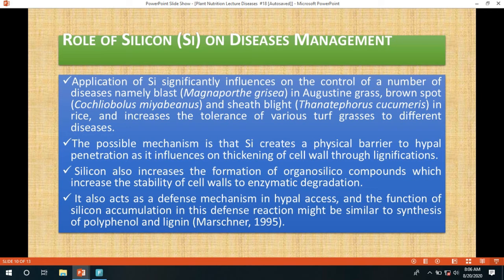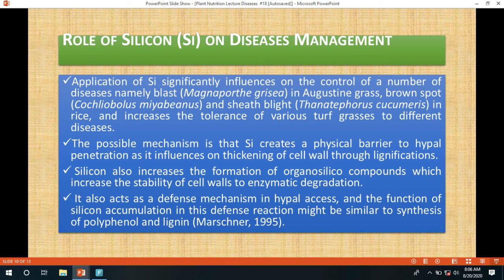The role of silicon on disease management. The silicon is important beneficial elements. এটা সেল ওয়াল কে ঠিক করার সহায়তা করে এবং সিলিকাসের বুলিফর্ম সেল এগুলি ফরমেশন হয়, ফলে এটা ডিজিজ ইনফেকশন বা ডিজিজ ফাঙ্গাল ইয়েগুলো প্যাথোজেনগুলো স্পোরগুলো ইনফেকশন করতে সমস্যা হয়। তাহলে আমরা যদি দেখি the application of silicon significant influence on